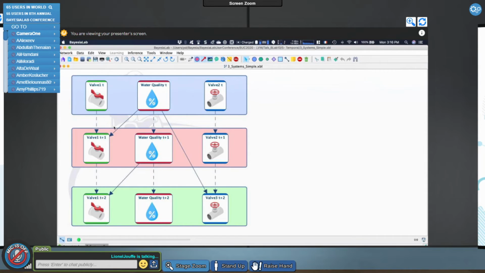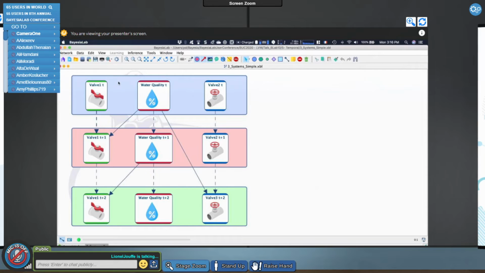When you see these dashed arcs, this means that we are taking time into account. This represents a link between two clones, right? The one at time step t and another one at time step t plus one. And here in this example, we even have t plus two. So this is like a second order Markov chain here, right?